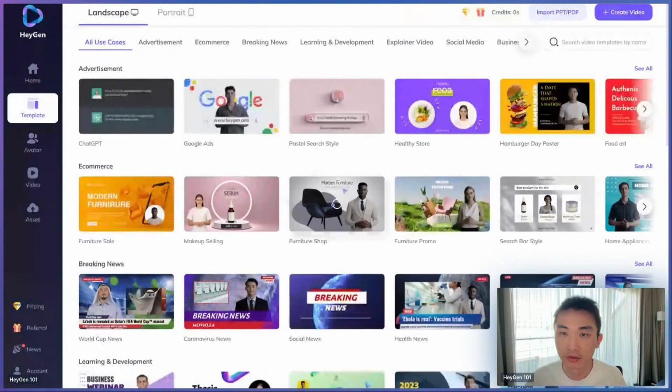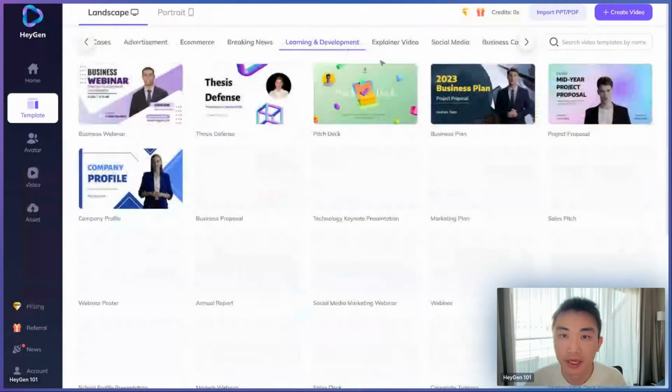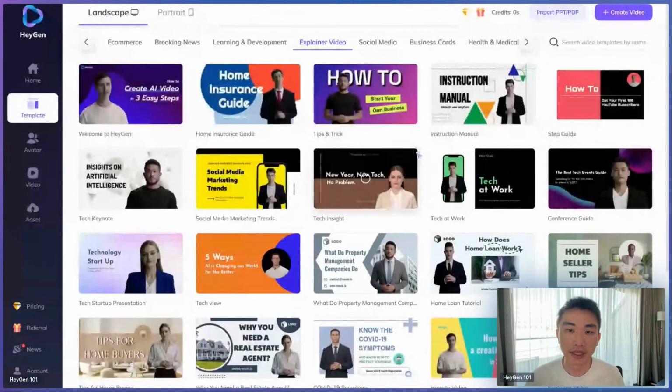Basically, you will find hundreds of templates for different use cases here. Like for example, advertising, e-commerce, learning and development, explainer videos, right? And then each of the templates, the biggest difference compared to a traditional video editor, is that each template comes with a spokesperson avatar,